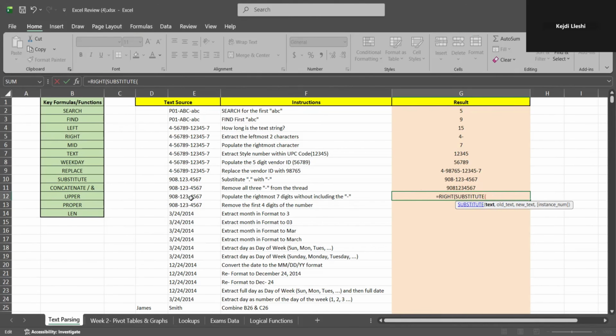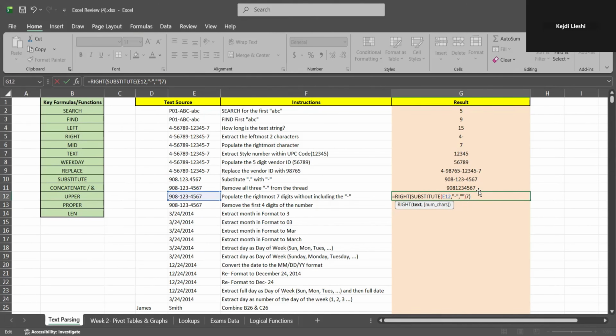Our text is going to be this cell right here. All text, which is being taken out, is the hyphens. And what's going to replace it is a whole bunch of nothing. So we put that in quotation marks, comma. Now, the way the right formula works, as you guys remember, click on a cell. How many characters do you want to show from it? Well, instead of just clicking on a cell, we click on the cell and remove the hyphens from it. That's the first half of the right formula. That's the text that we're working with. And now we specify the number of characters we want to display from what we have left, which is 7. And don't forget to put comma